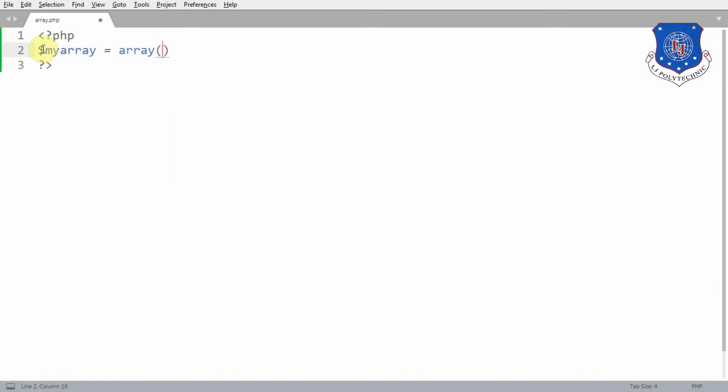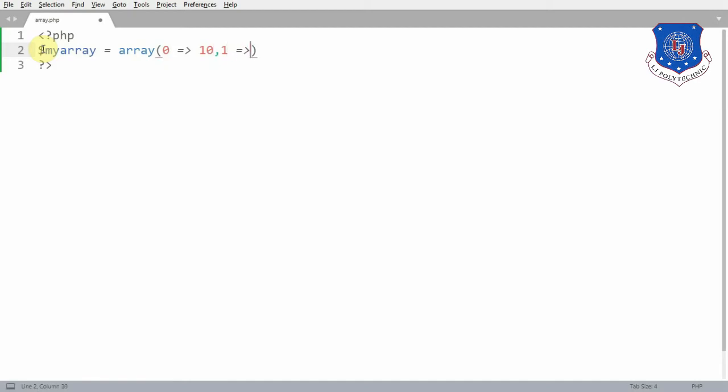In this function we have to supply the key and value of each element. So I am giving the key of the first element 0. Key and value are separated by the arrow symbol, which is made up of the assignment operator and the greater than operator. And here is the value of the first element.